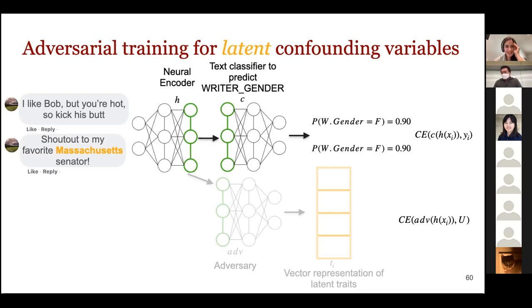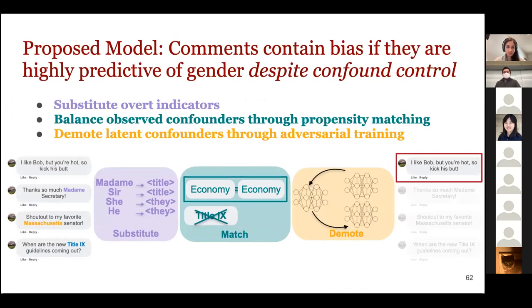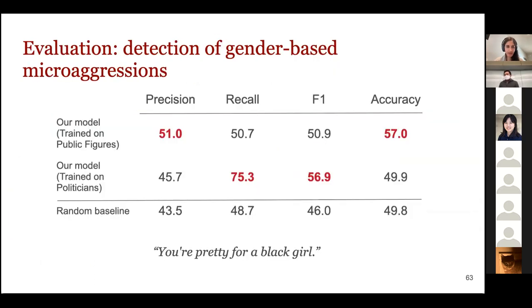So basically, our overall goal in this adversarial training approach is to encourage our model to learn traits that are predictive of gender of the addressee and not predictive of other confounding variables that we don't want the model to learn. This is what the full pipeline looks like. We identify these characteristics that can be predictive of gender, but not indicative of bias. And we discourage the model from learning these traits by using word substitutions, propensity matching, and adversarial training. After we train the whole model in this way, we can evaluate how well it works.